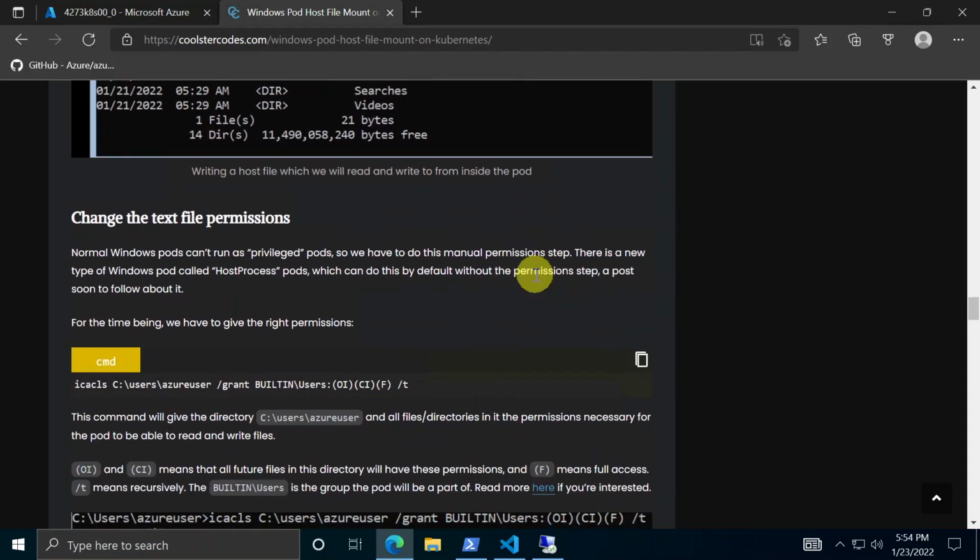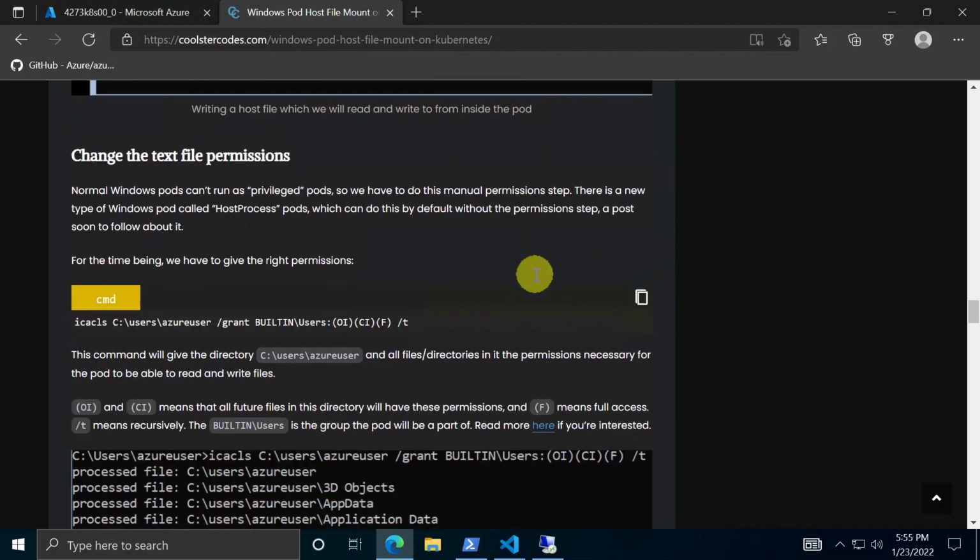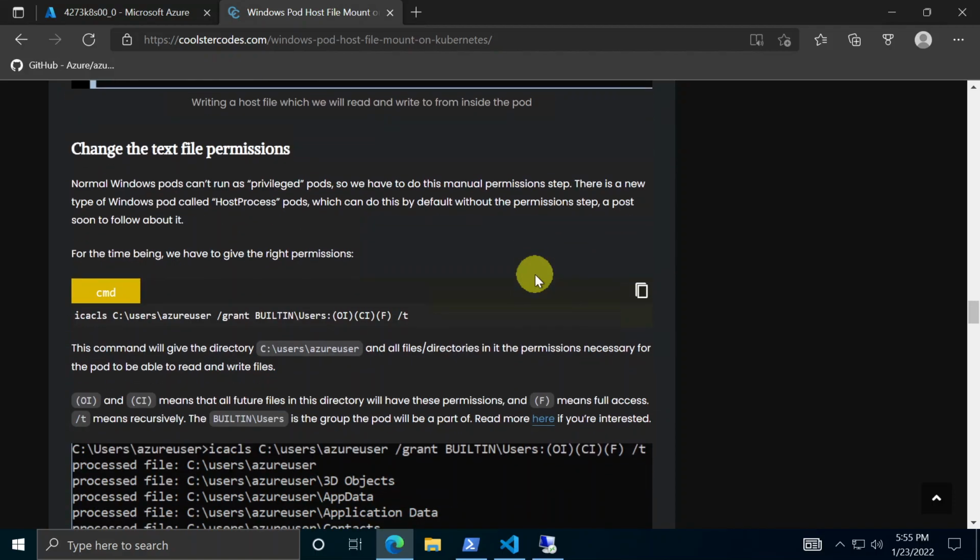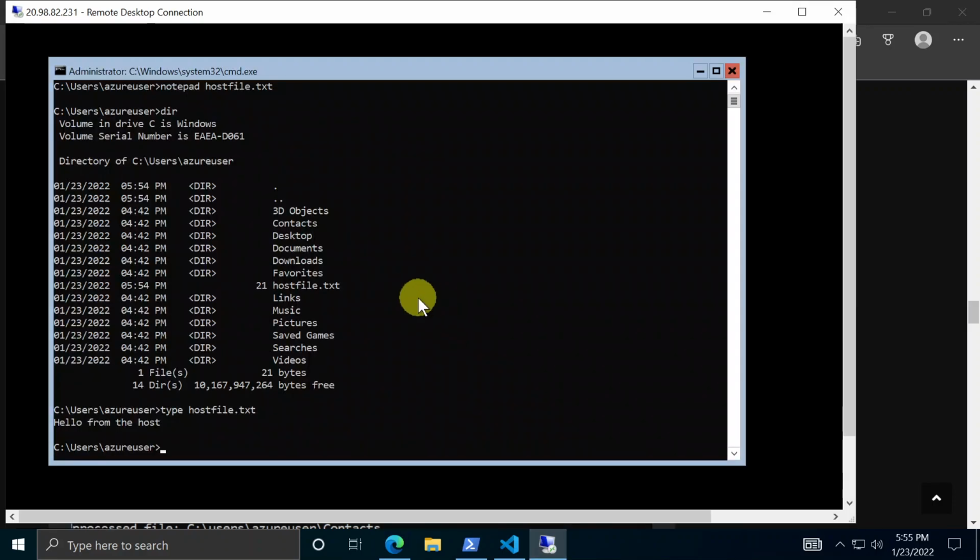Alright, so the next thing, with normal Windows pods, you don't actually get write access, and usually you don't get read access to existing files. So there's a new Windows pod type called host process, this guy, host process. It gives you the permissions to read and write to the host out of the box. So I'm going to make a post about that soon. But for now, what we have to do is basically go to the host and give a certain permission to that directory. So this command here,